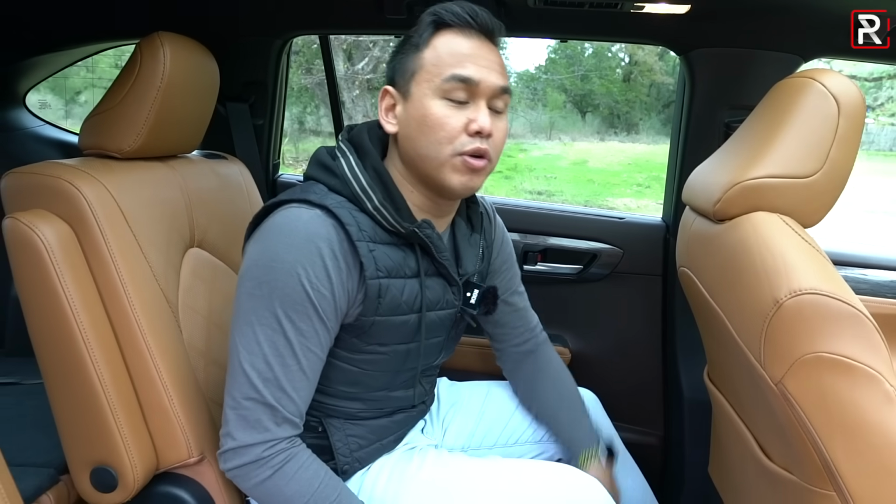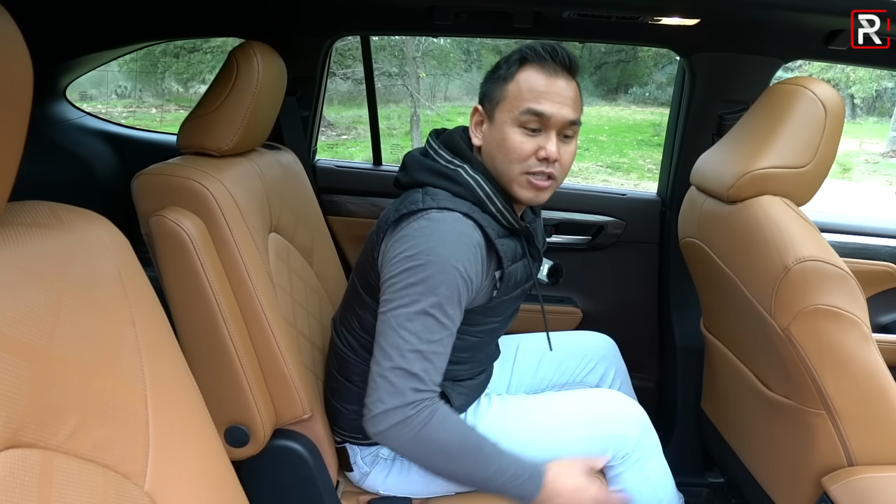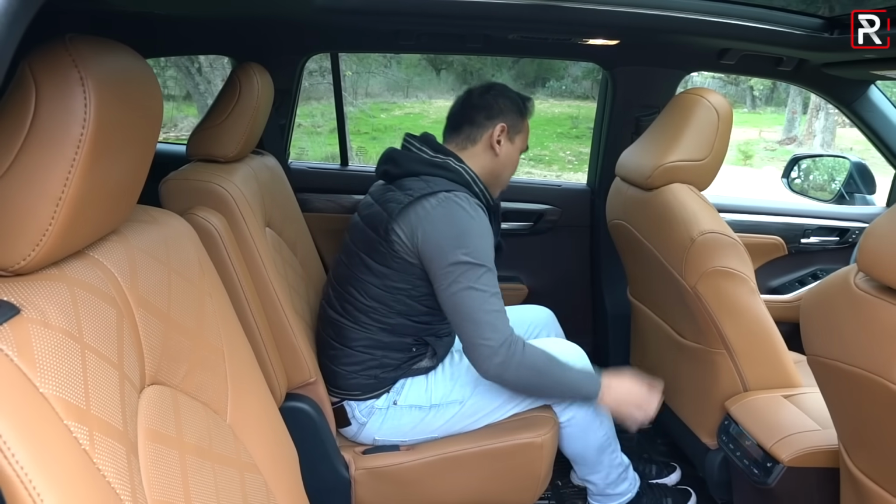Now, the one thing they also did improve, this seat back here actually slides a little bit better. Toyota has improved the...